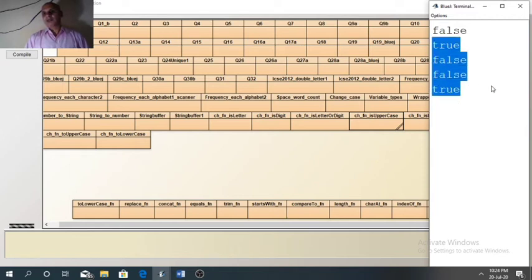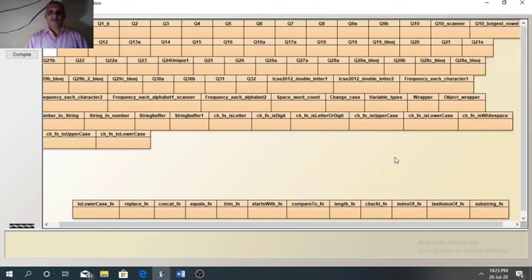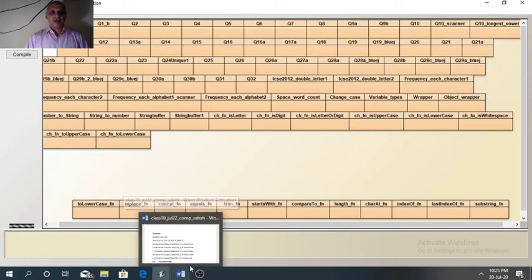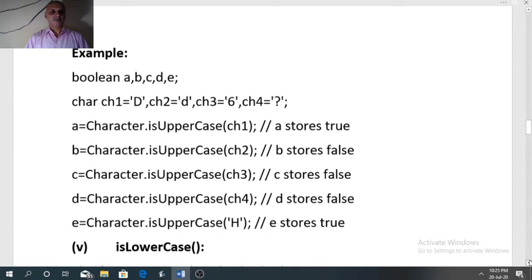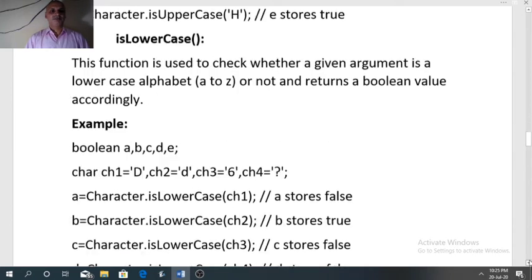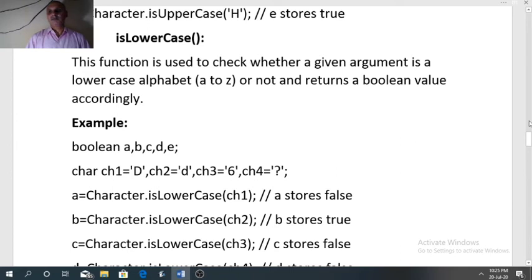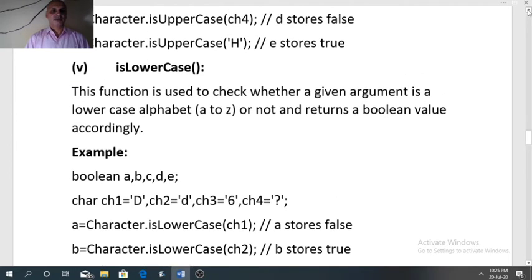So these are the results. Now we will see the next function, is lowercase. Is lowercase is the reverse of is uppercase.